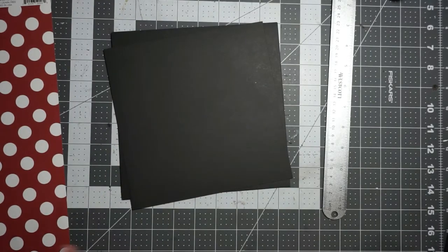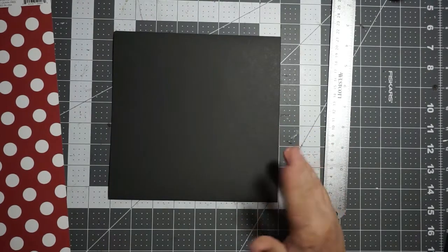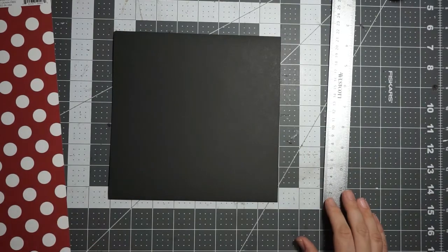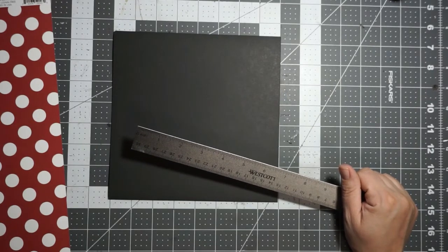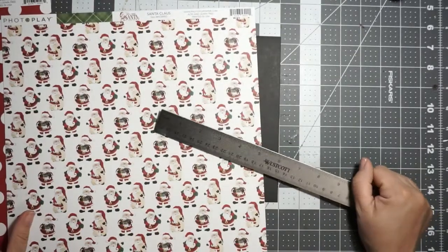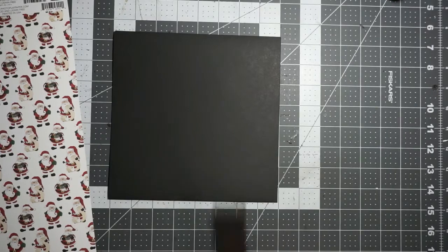So I want the first page to be interesting. I'm gonna set the tag aside. And since the front of the book is pretty, it's not solid, but it's muted patterns, let's go with something a little bright and cheery. So you have your page, and I think we're going to put definitely some color. One of my favorite patterns is this Santa, but I'm torn. Well, let's finish putting our page together and then we'll see